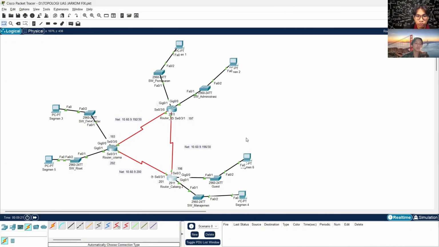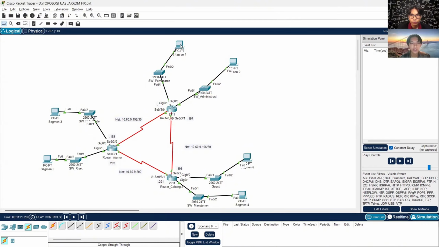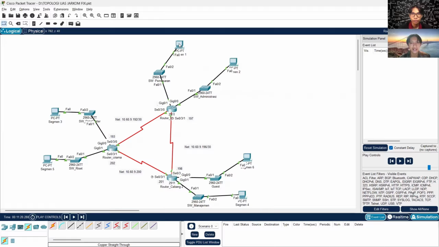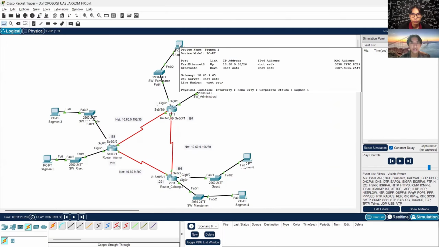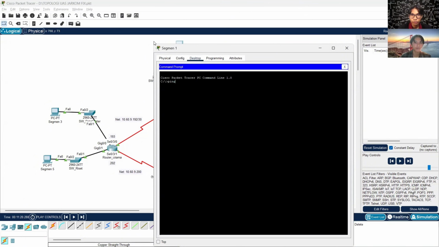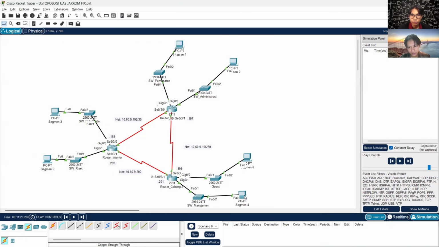Next, I will try to simulate how a package can be delivered across the routers. For example, I will use this PC1 or segment 1 of the pemasaran division. I will send a package, like a ping, to segment 4.